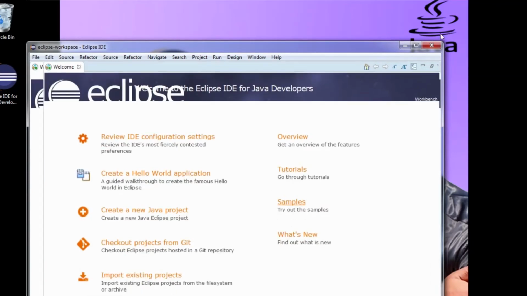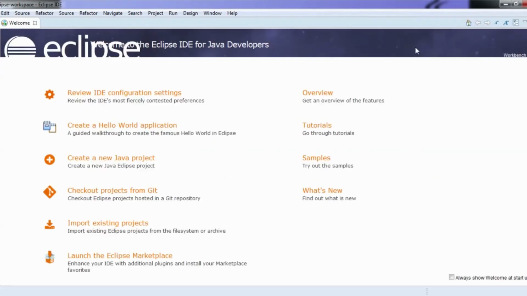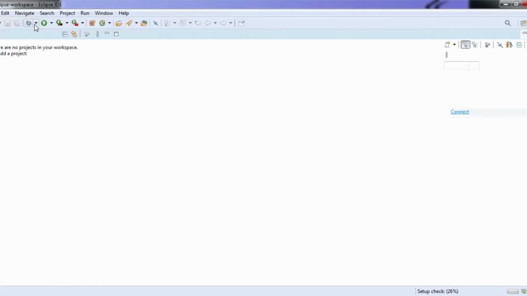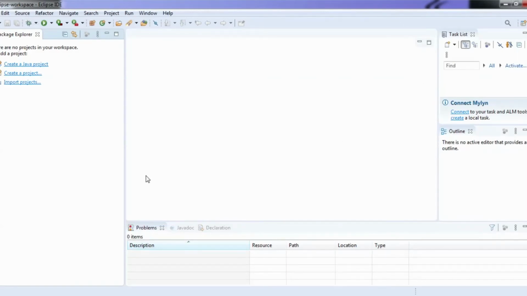Yes, you can see that now this program has been launched, and here there is a screen showing a welcome file, with different types of tutorials on how you can use Eclipse. There is nothing more about this. So close the welcome window, and you can see that this is an editor where you can write the code,